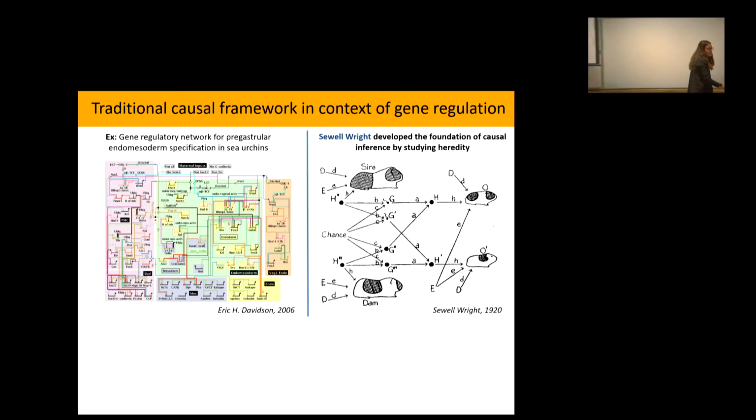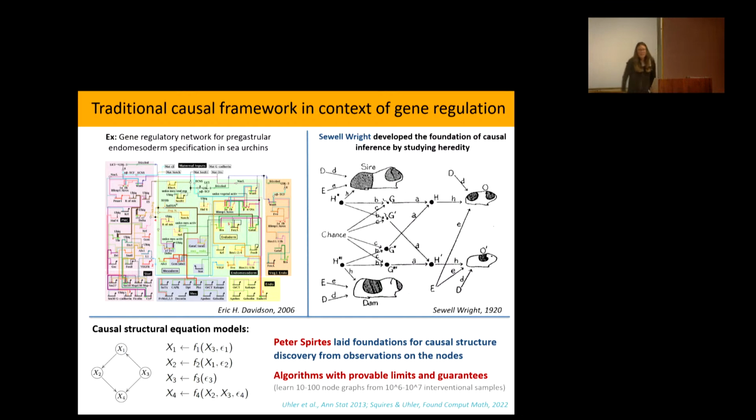So this is known as causal structural equation models. Just to write it out, you have random variables, which are your nodes, which could be all of these genes. And every node is some function of its parents. So x2 is a function of its parents, in this case x1, and some noise, right? And so it also tells you what happens when you change a node. If I set x2 to 0, then of course x4 changes, but everything upstream doesn't change. So these are causal structural equation models. They can also model what happens under interventions.